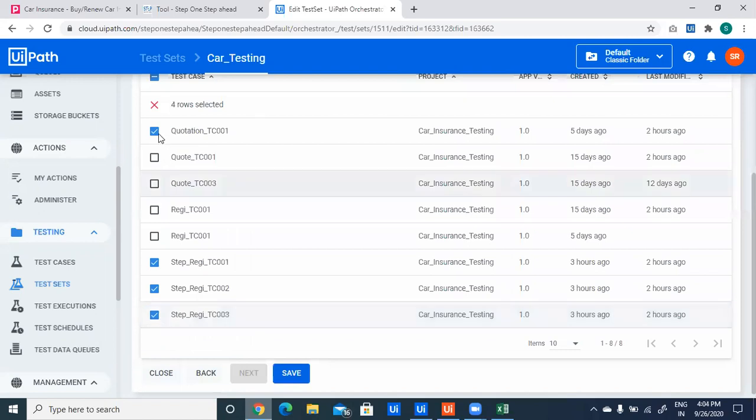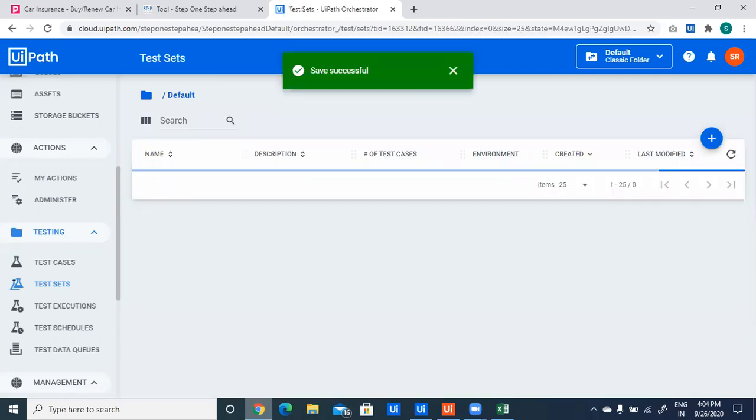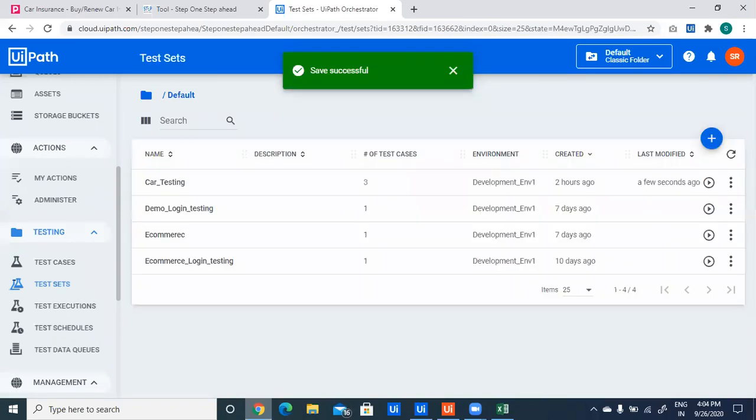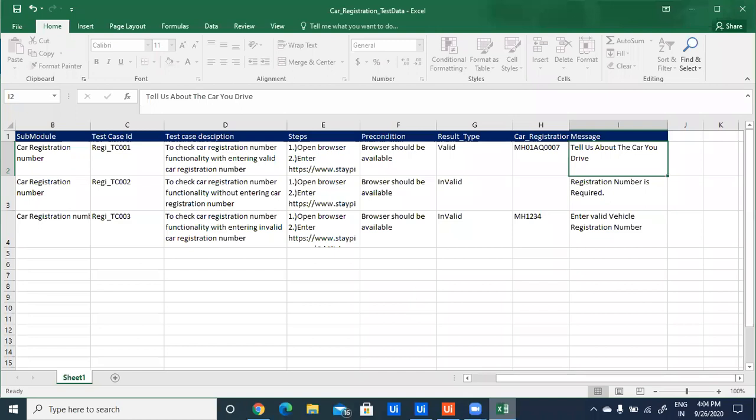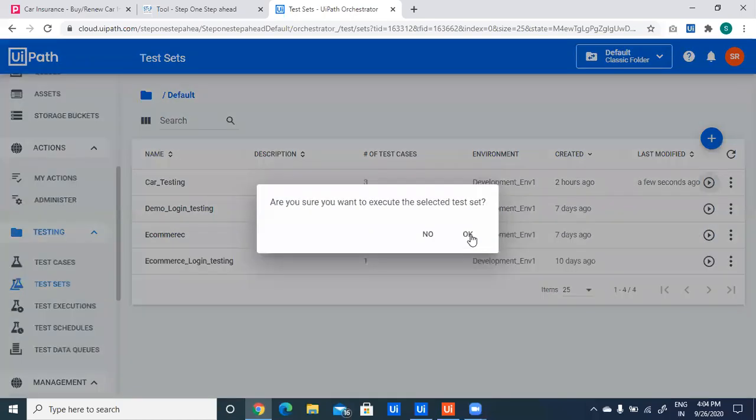Just check these test cases and click on save. After clicking on execution, our test cases execution will get started. Just close this test data, and I will click on execute. Click on OK.